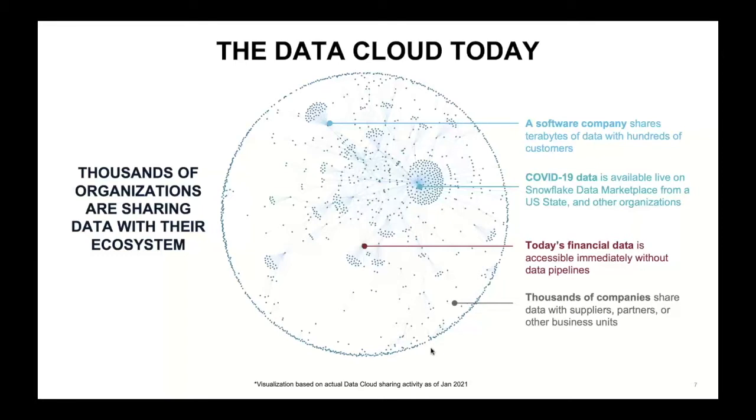And as you can see, there's certain densities around data sets. One of our partners, Star Schema, published the COVID-19 data set about a year ago. This is the Johns Hopkins data set. To date, it has been the most downloaded and shared data set in the marketplace. It's been shared and downloaded about 4,000 times. So it's almost one-to-one for every customer. But as you can see, the density of that data set is there. There's also other data sets that people are looking at.